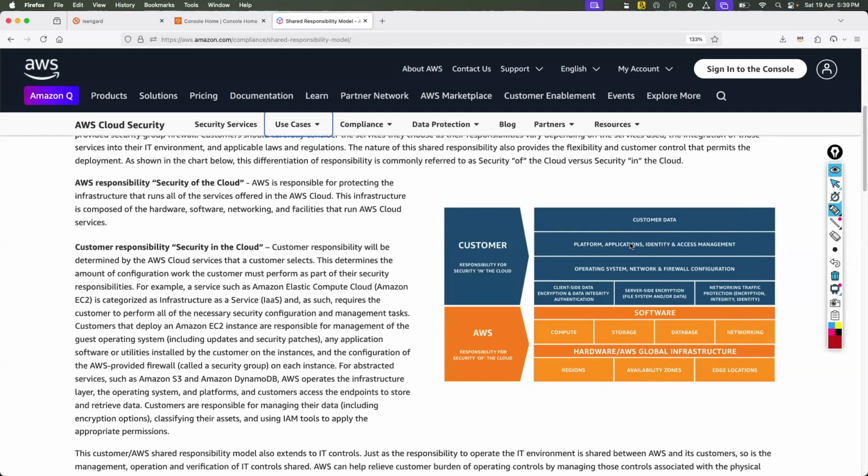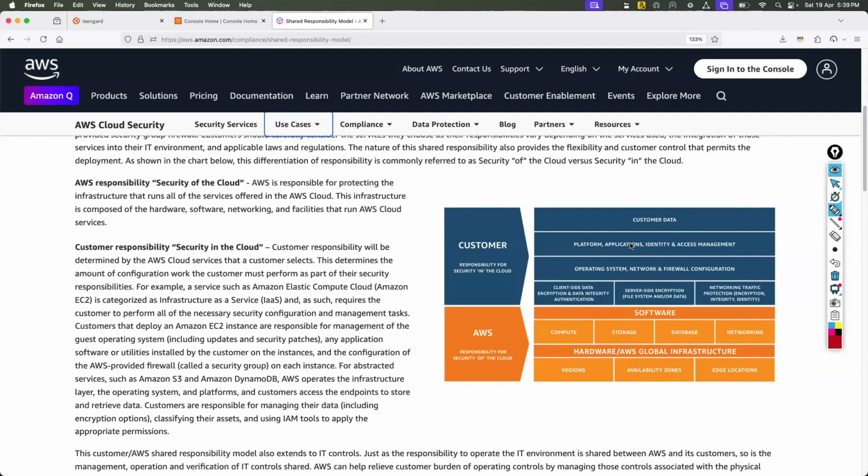It is customer responsibility. Similarly, if the customer system admin doesn't patch their operating system, doesn't patch their servers, misconfigures the firewall, misconfigures identity and access management, then it's not AWS responsibility. It is still customer responsibility.